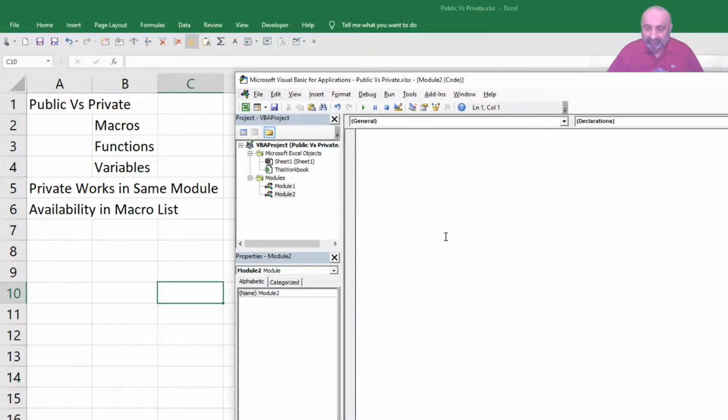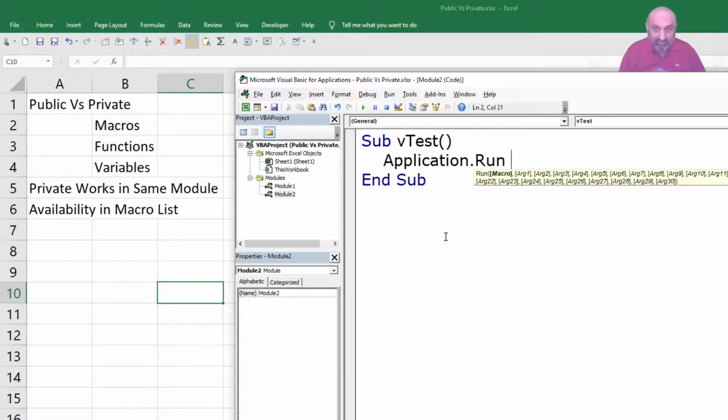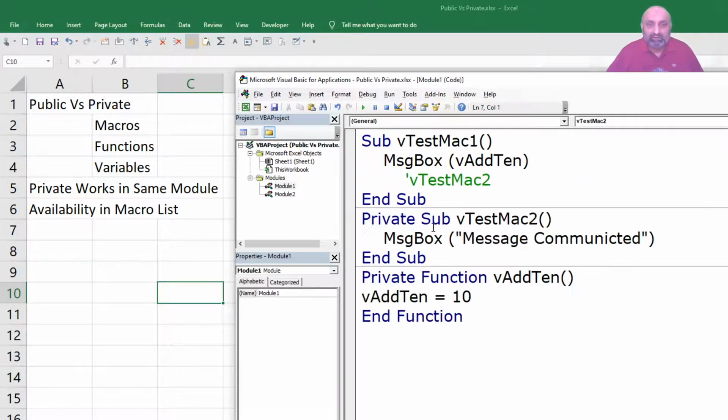For example, if I say sub test and I say Application.Run, and within inverted commas Module1 dot, and what was the name of our private macro? Let's see, and that was vtest2 mac2 Ctrl+C in module 2.